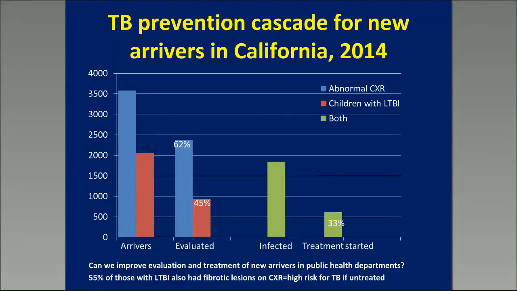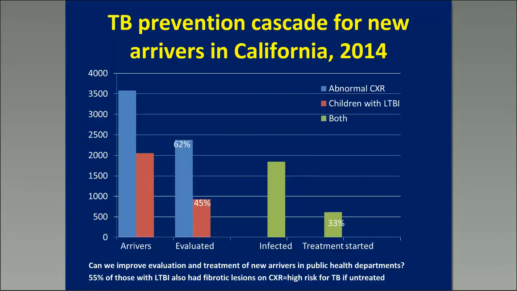And the proportion that were evaluated was 62% of the adults with the abnormal chest x-ray and 45% of the children. So there's a drop-off here in the potential for assessing all patients who are at increased risk of progressing to TB disease. Then, if we look at all those that were fully evaluated to the point of determining whether they have active disease, TB infection, or none of those,